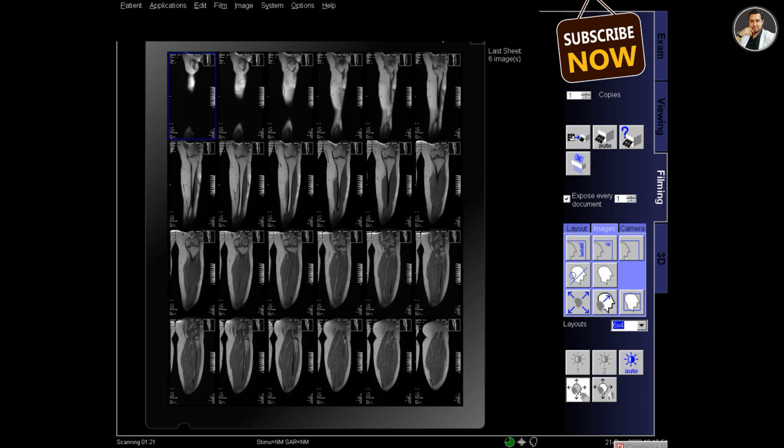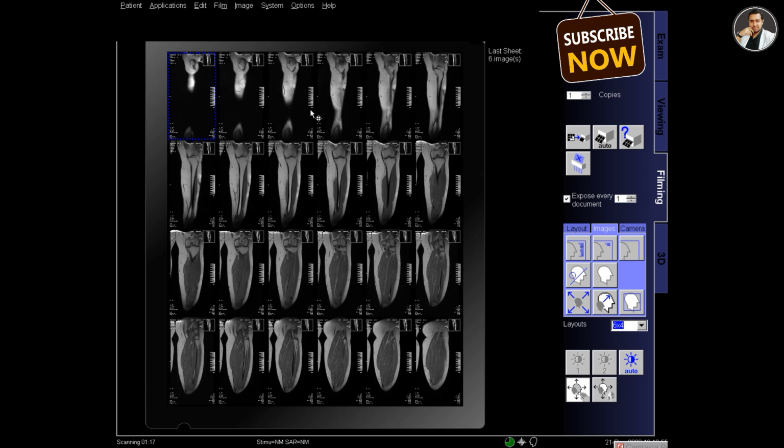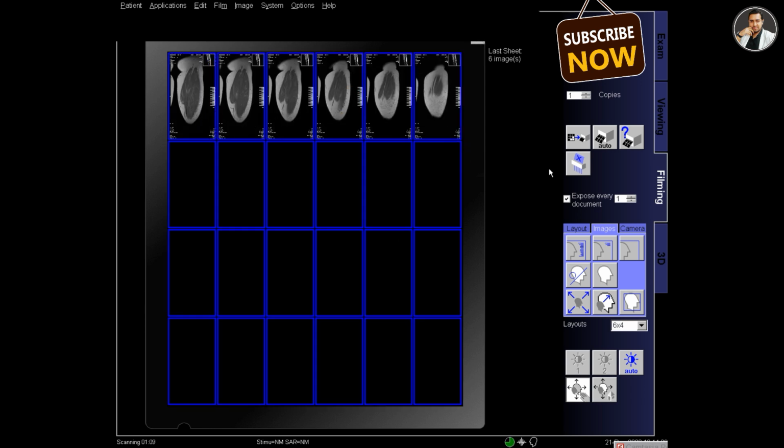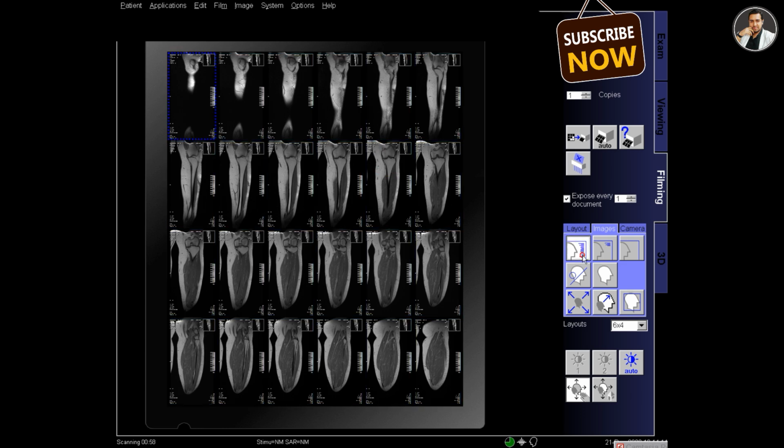The 6x4 layout makes the film segments longer, and 24 images will fit in the film, and there will be an extra 6 images that I have to delete. There are extra films for the extra 6 images, so I have deleted them.